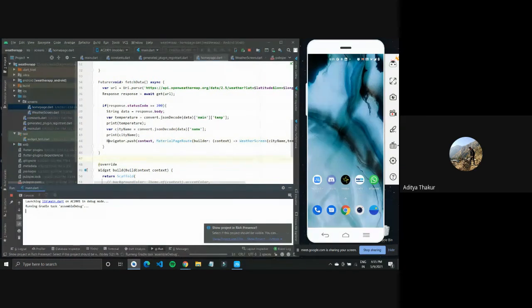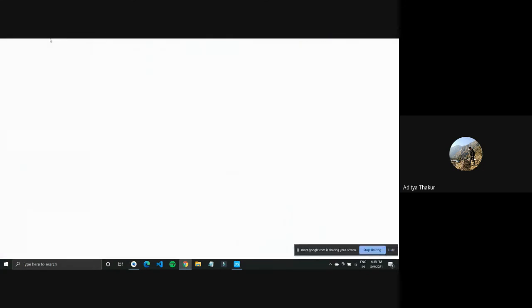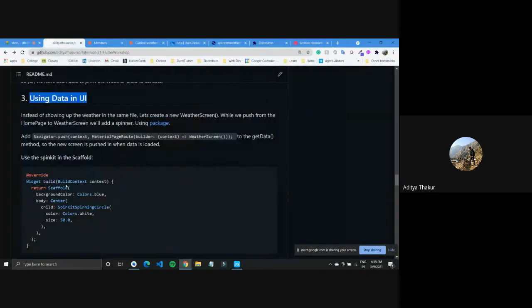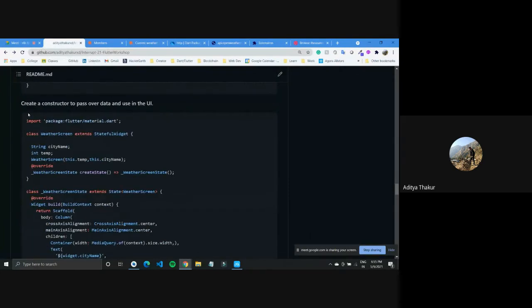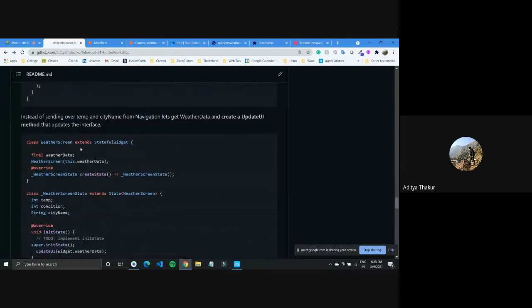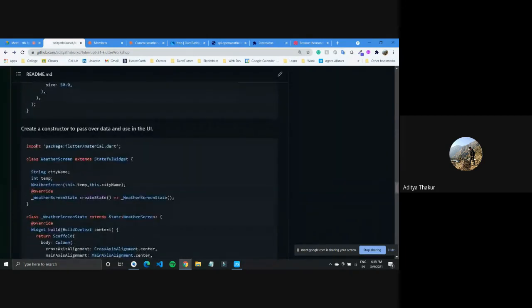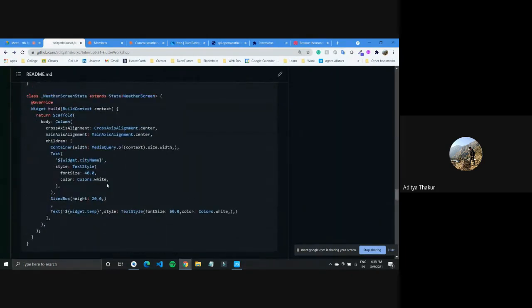We have defined this inside our future fetch data. I'll check in my documentation why it's happening. So we have created a constructor to pass the UI data and city name we are getting, and this Navigator dot push is having some error.